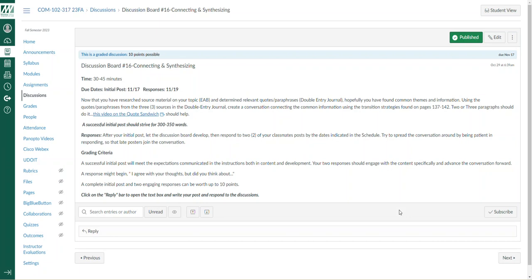So in this particular activity, I'm looking for all of you to use the quotes or paraphrases you have come up with in the double entry journal and see how you can build around those and provide probably 2 or 3 paragraphs, including some sourcing, quotations and paraphrases in and around those particular synthesis paragraphs, all right?